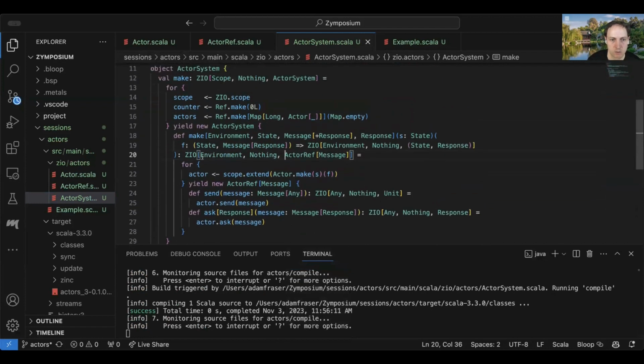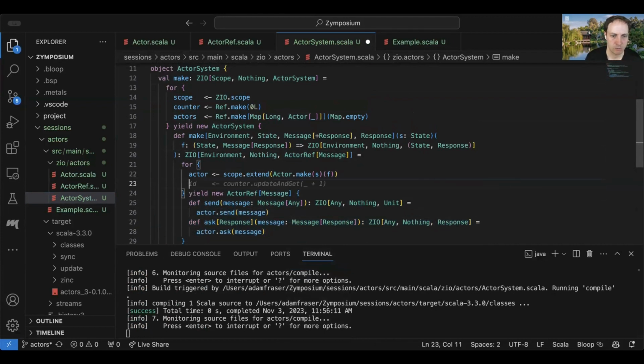Okay, so when we make an actor now, we're going to create the actual actor. And we're going to create this actor ref that's kind of a proxy that basically lets you send or ask those messages to the underlying actor.